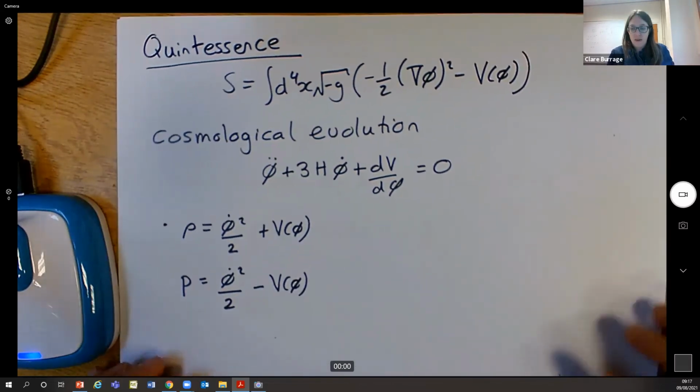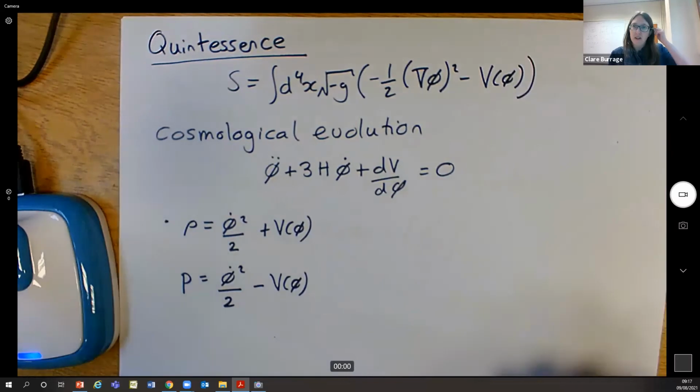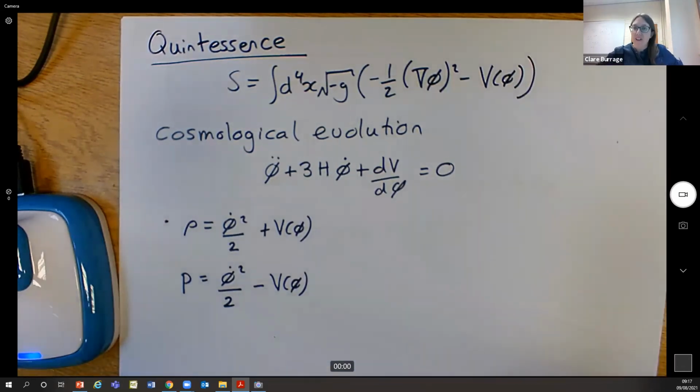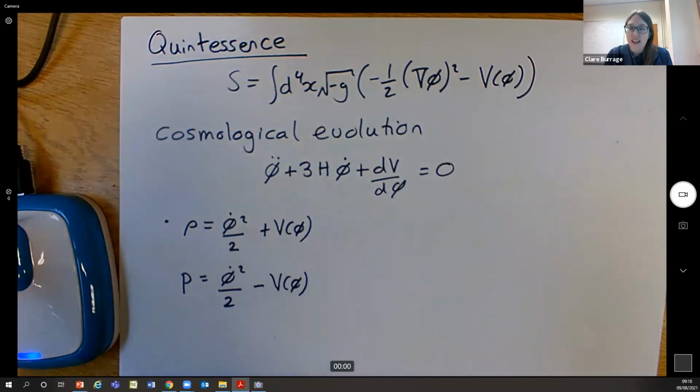Just very quickly, I want to talk about the two ways that we have of using this kind of scalar field to drive the accelerated expansion of the universe, to give us the physics that looks like a cosmological constant. Now, one of those is quintessence. So this is the idea. This is the less ambitious option, which is that we say, I'm going to set